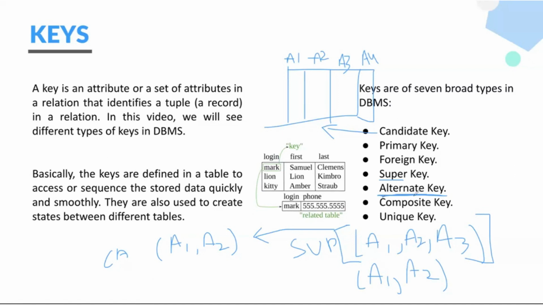Okay. Now, next is alternate key. What's an alternate key? The alternative of a candidate key. Let's say A1 and A2 is our first candidate key. Then for the alternate candidate key, there's one more, like A3 and A4. Even this is defining each and every tuple; even this is a candidate key. A3 and A4 is also a candidate key. So it's an alternate candidate key apart from A1 and A2. That's what an alternate key is. Everything will revolve around the candidate key only, most of its properties.